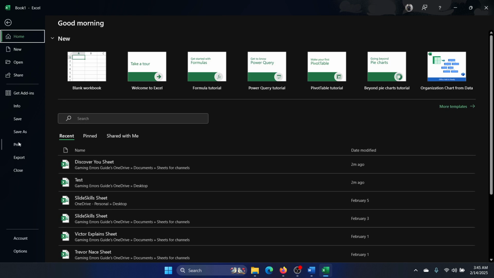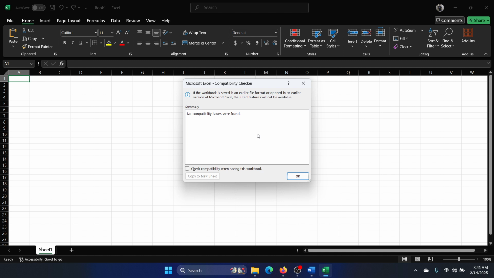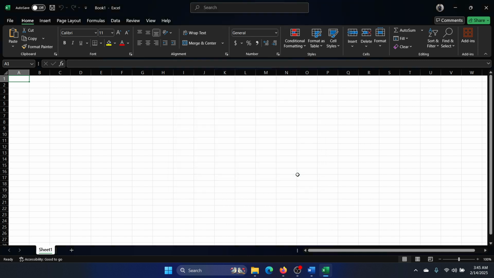We'll go to File and then go to Info, then click on Check for Issues and select Check Compatibility. Now this will open the compatibility mode. If this is checked, Check compatibility when saving this workbook, and you click on OK, that is when the compatibility mode